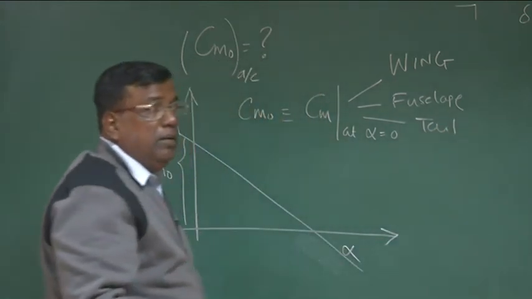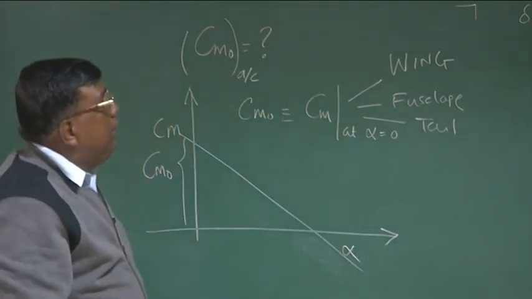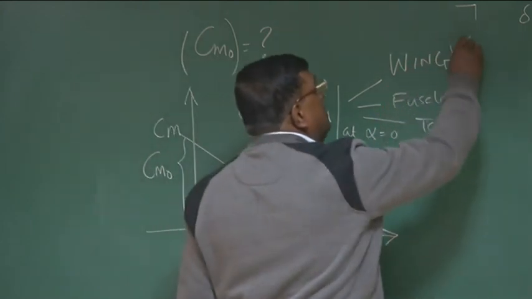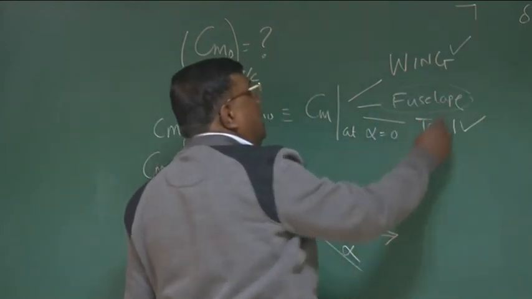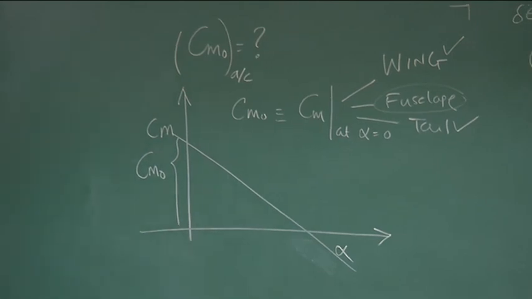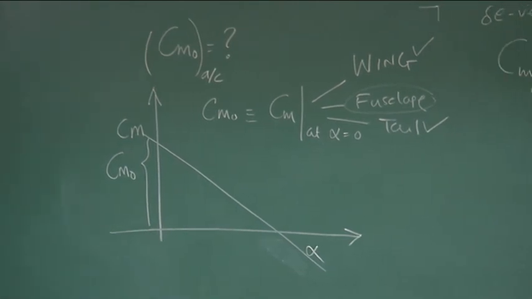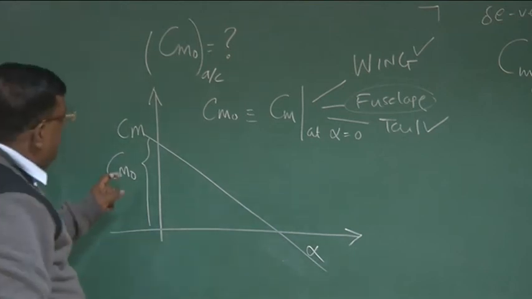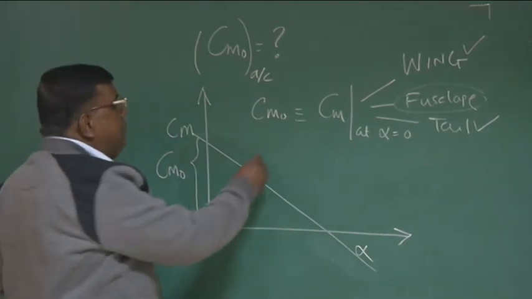There could be other auxiliary surfaces also. But we will be mostly talking about wing contribution and tail contribution, and assume that fuselage contribution to Cm naught is negligible, or there are empirical ways to find it out, which we will be doing, showing you when you solve some numerical problem. What is the message here? Why do I want a Cm naught positive?